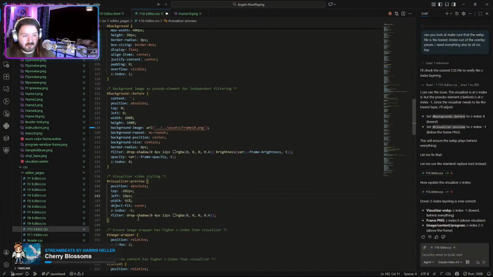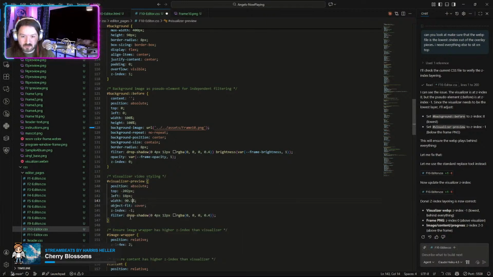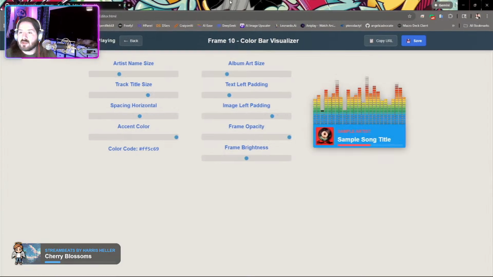And see, that's too big. Can we do half? Can we do decimals here? Yeah, it looks like it will let it. And then there. I don't know if y'all can see that. That actually looks like it